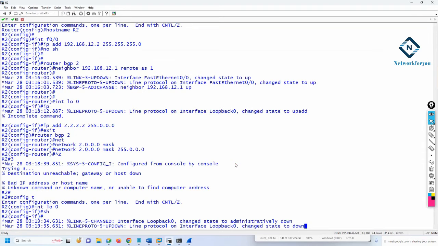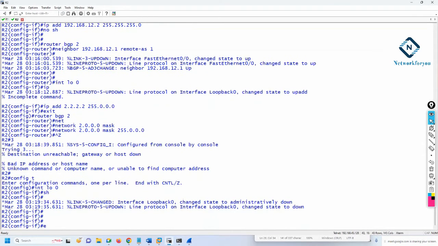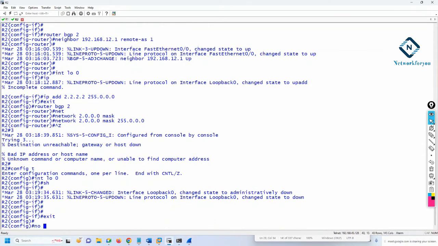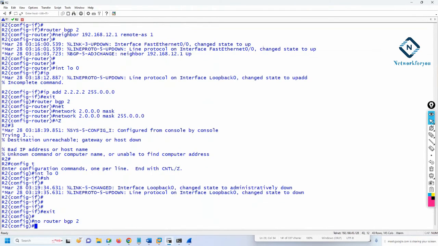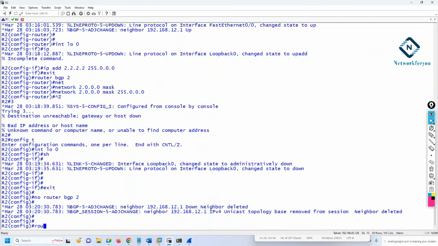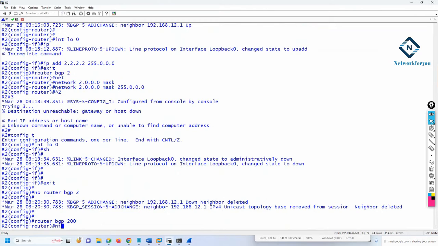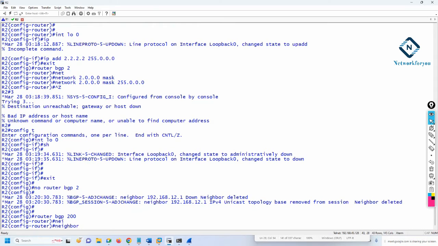What I can do, I will remove this BGP, and I will configure BGP with a wrong AS number, so you will have the notification. Let me show you. We are using router BGP 2, right? I remove that BGP. Now I will configure router BGP 200. So I am configuring the wrong AS. So let me do neighbor IP, whatever the neighbor IP we have, 192.168.12.1, remote AS,